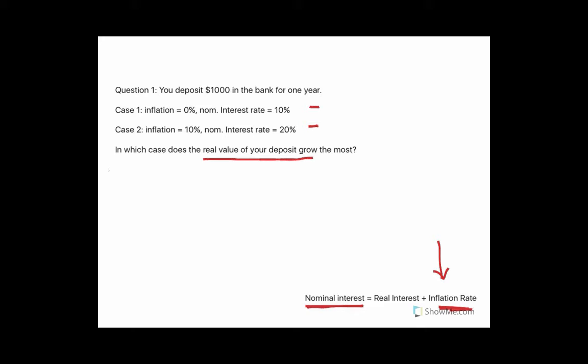Okay, so let's do case 1. So we're just going to plug in these values. So the nominal interest rate is 10% equals real interest rate. Well, if you look here, we don't have the real interest rate, so that'll just be X. And then we have the inflation rate of plus 0%. So in this case, X, which is the real interest rate,